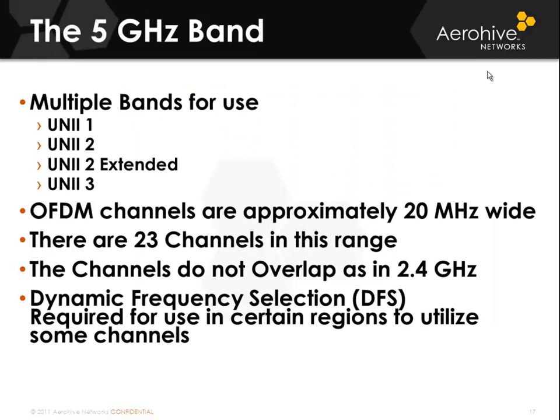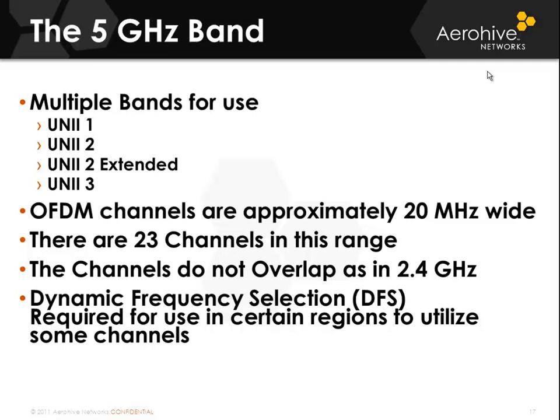The 5 GHz band is broken up into three major sections: Uni 1, Uni 2, and Uni 3. There is also a second Uni 2 opportunity called Uni 2 Extended. OFDM channels work in the Uni bands and were extended down into the ISM bands in 2.4 with 802.11g and 802.11n. In 5 GHz, all of the channels are 20 MHz wide, and in this range there are 23 non-overlapping channels. So in theory, you could co-locate as many as 23 access points without having to reuse the same channel